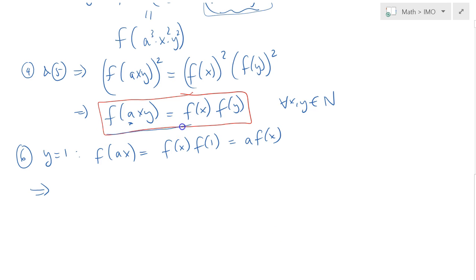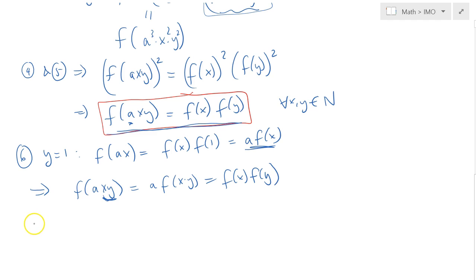But in view of what we've got here, this would simply imply that f of axy, the left hand side, is basically equal to applying this formula. You can think of this as one term, a times f of x times y, but that thing is apparently equal to f of x times f of y. So this would imply